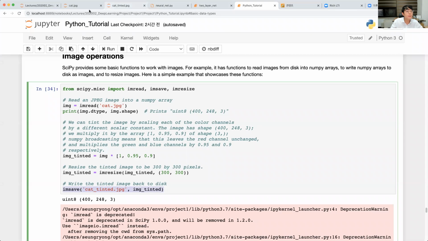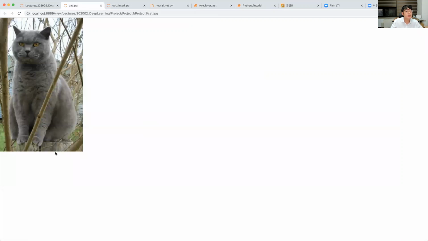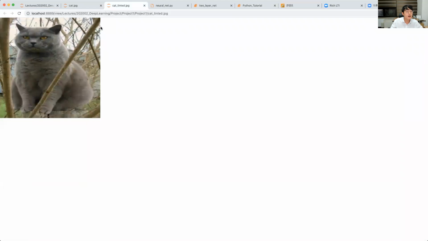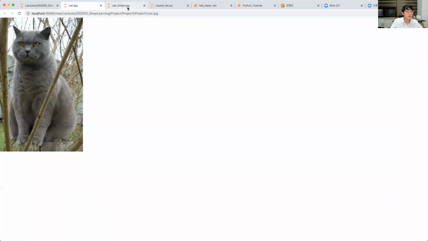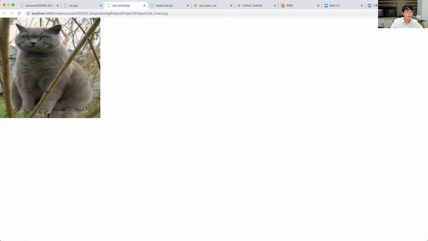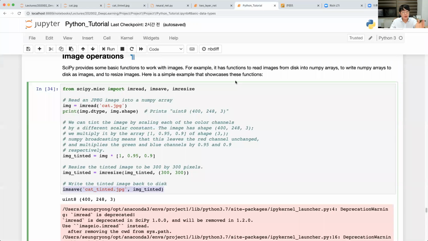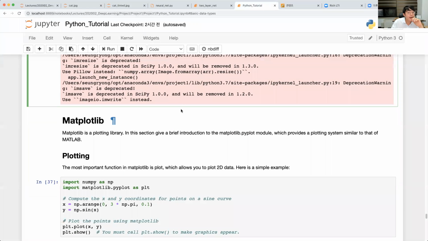So here's the example. This is the original cat image. I mean, this is the original image, and this is the tinted image. So this is the original one, and this is the tinted image. Actually, yeah, I will show you later. Anyway, and there are